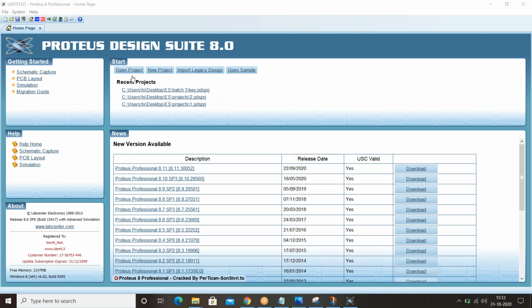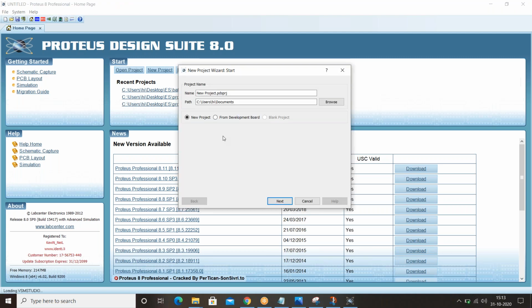Here you will get open project, new project, import legacy design, open sample. You'll get a page like this. Click on new project. In place of new project, don't erase everything.